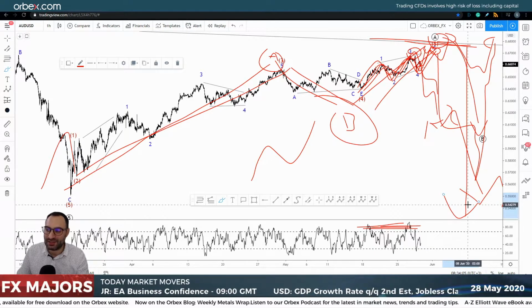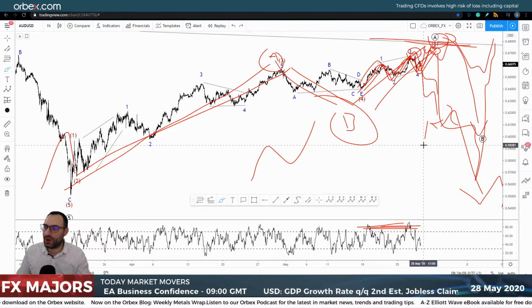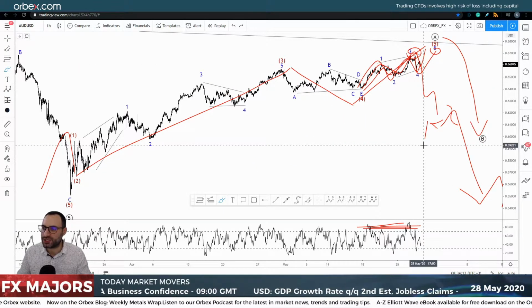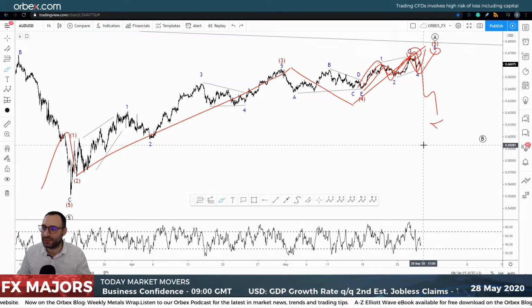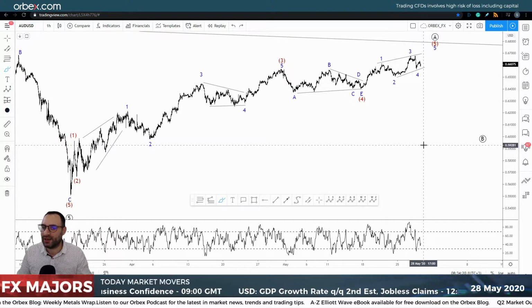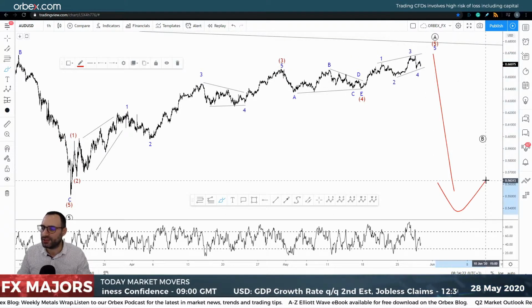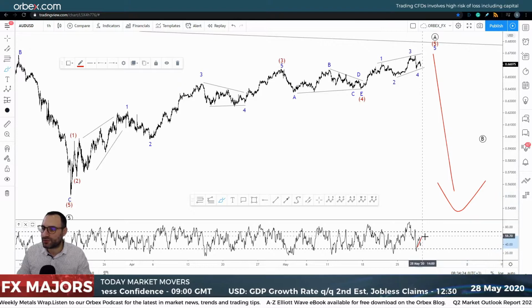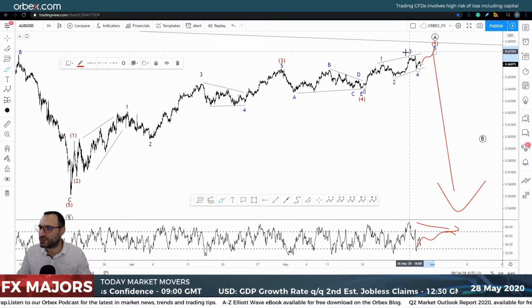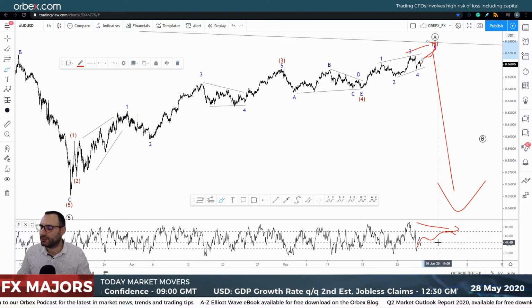So you can see there are 3 different scenarios here, and they're all likely to play in, but the one I'm weighing on most, the one I support most, is the one that you see right now, that this is an ending triangle indeed, and we're going to get another move to the upside, another false break above the previous high, and then really start moving lower, as long as, of course, we see a very nice divergence signal as well. I'm assuming that will be the case over here, okay? A very nice hidden divergence on the